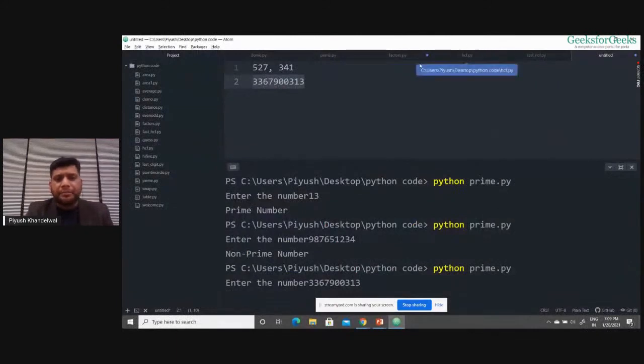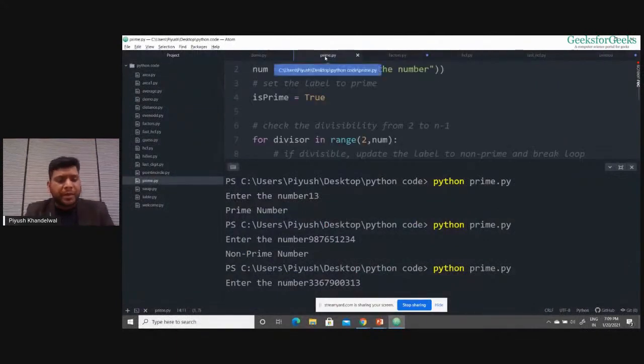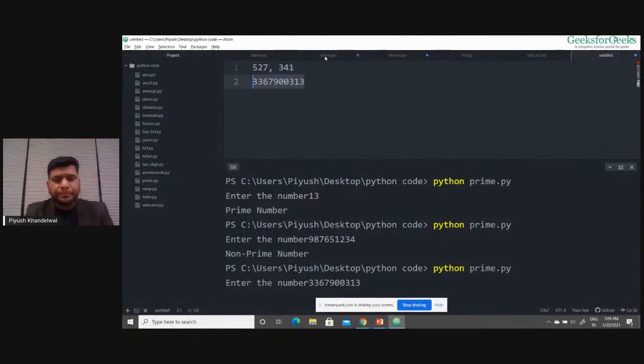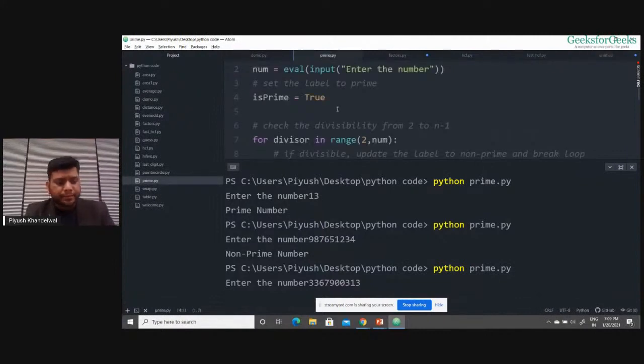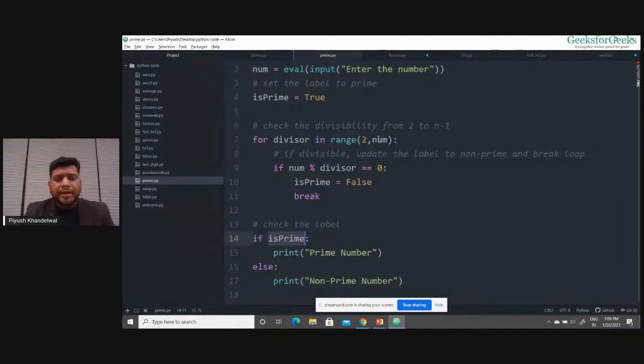When I make this change in my program prime.py, I need to update this loop only. For the square root of num, we can compute num to the power 0.5.